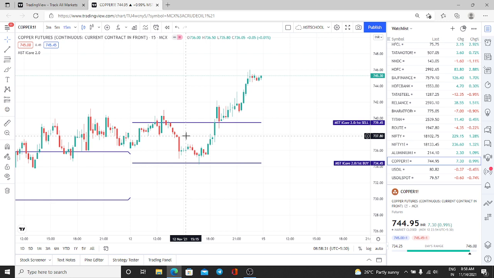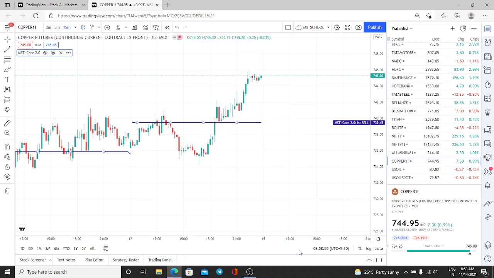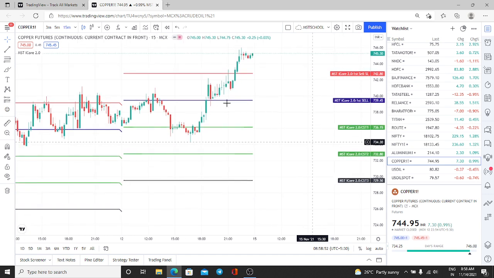So what you have to do: immediately don't go for the entry here. Actually, here we got the entry. This is a perfect entry. This is also a perfect entry. This is also a perfect confirmation. The market will come down. This is an unexpected move. Don't worry. Enable your SL and targets. See, SL is not hit. SL is here only. Don't worry.